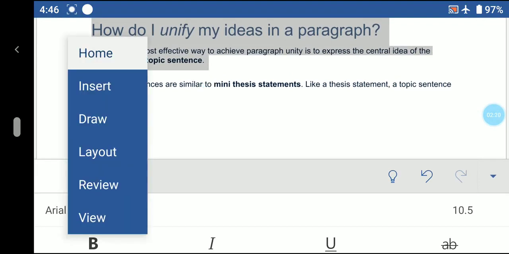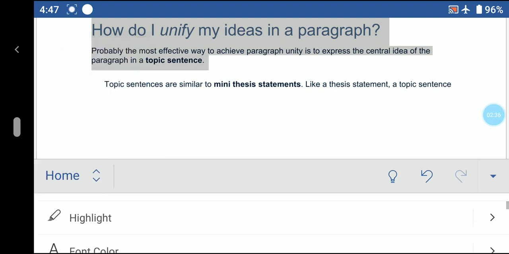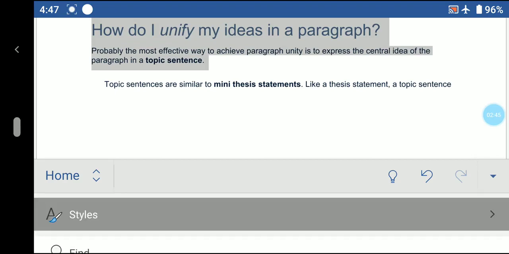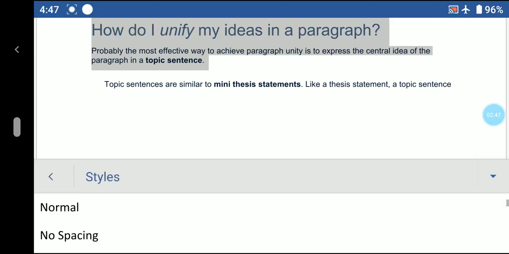Under the Home tab, there is a down arrow of styles, present under the Styles group. So I am moving towards that, going for the style options. If you click on the Styles group, you are able to see there are different types of styles.